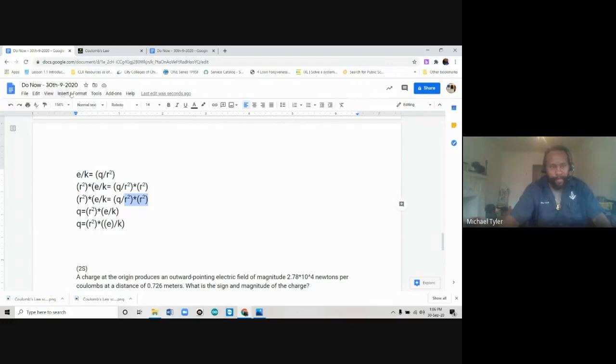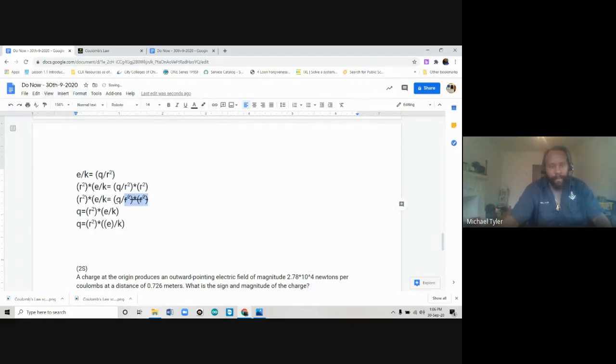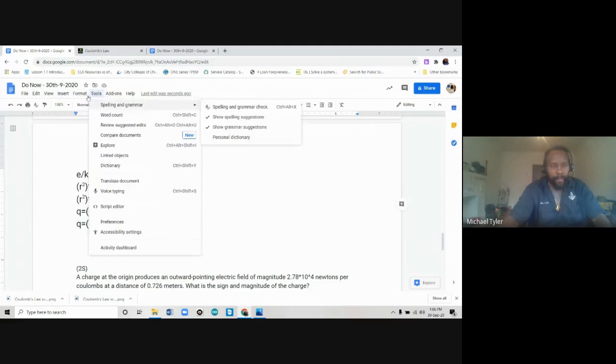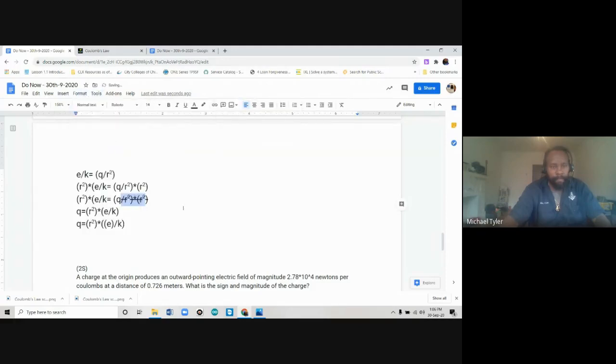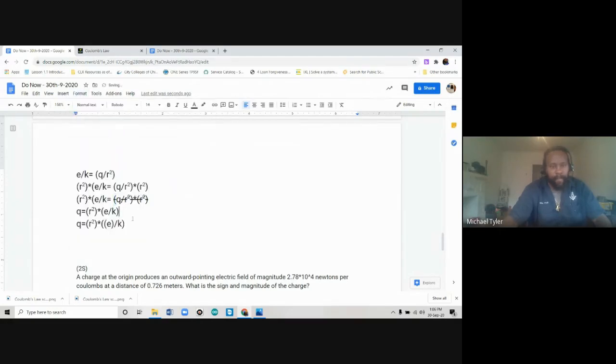We're going to cross that out. And what else is crossed out is all this, actually. That divide is gone too. And then that parentheses is gone. Okay, so now you have Q, this Q that wasn't touched and was left. We just reverse the equation, and it's equal to this.